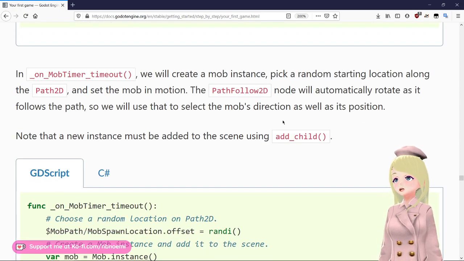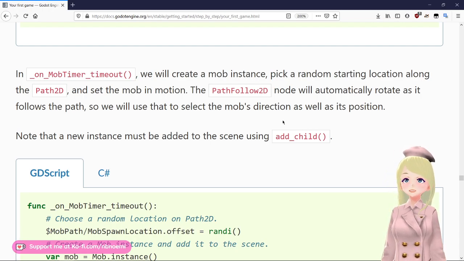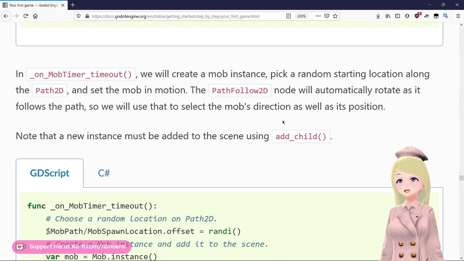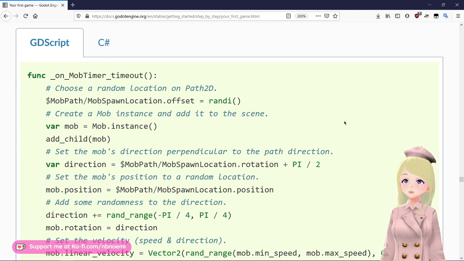On mob timer timeout, we will create a mob instance, pick a random starting location along the path 2D, and set the mob in motion. The path follow 2D node will automatically rotate as it follows the path. So we will use that to select the mob's direction as well as its position. Note that a new instance must be added to the scene using add child. Okay, so